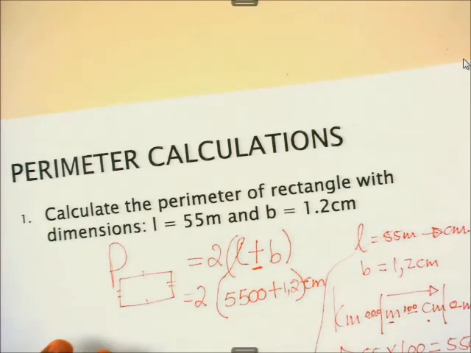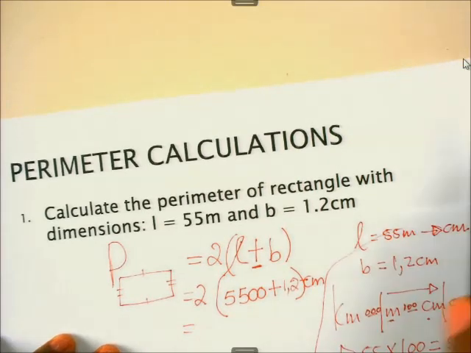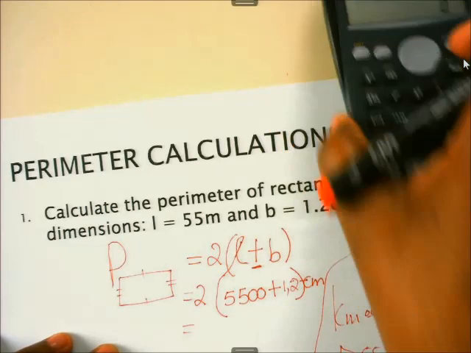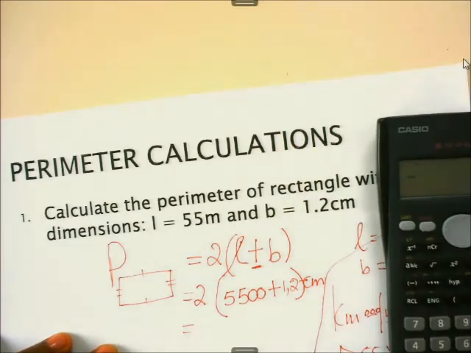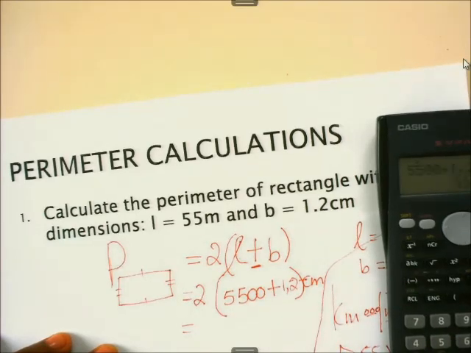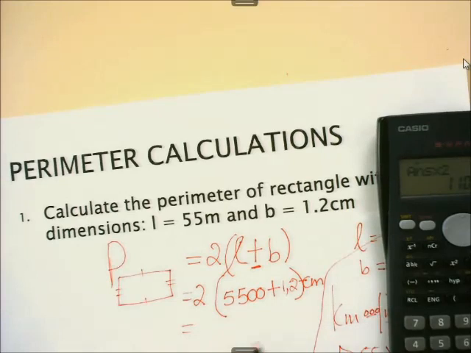Now, what happens is, now we add. Even if I do not write the units in the process, we already said that perimeter is measured in single units. It simply means that at the end, I will end up with single units. Now, let's add up. We start with the bracket: 5,500 plus 1,2. We end up with this amount, and we multiply this by 2, and then we end up with, now, the final answer is